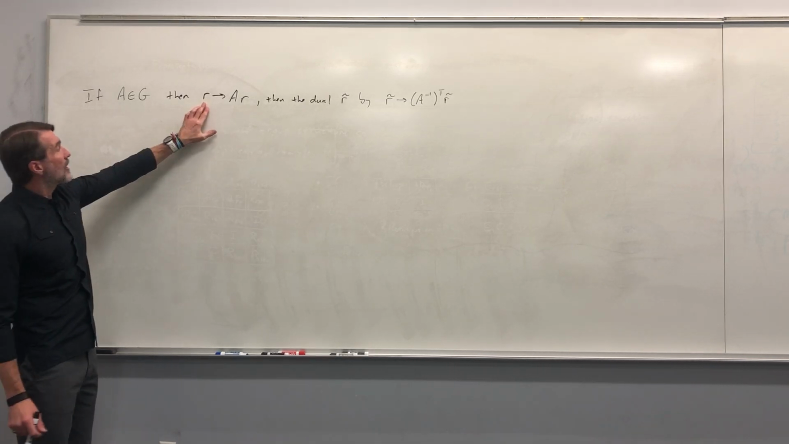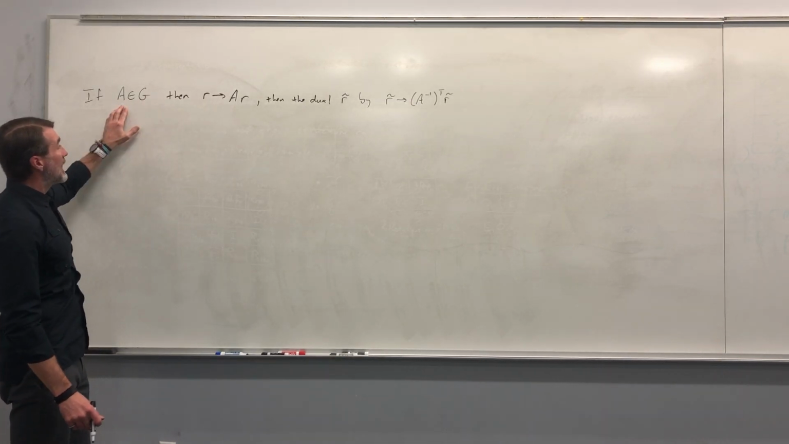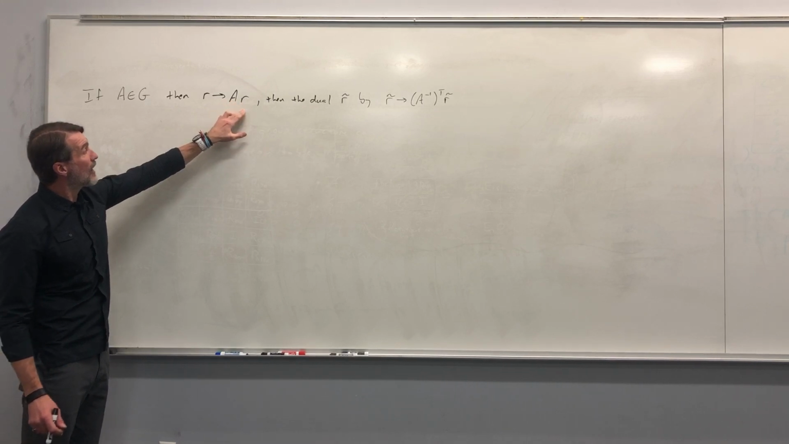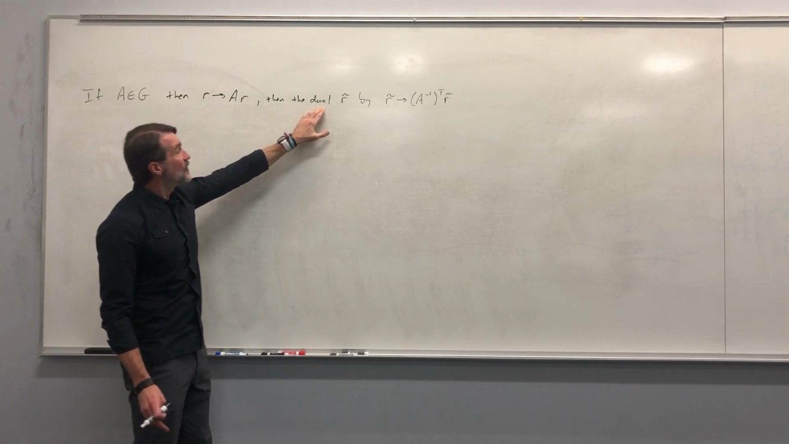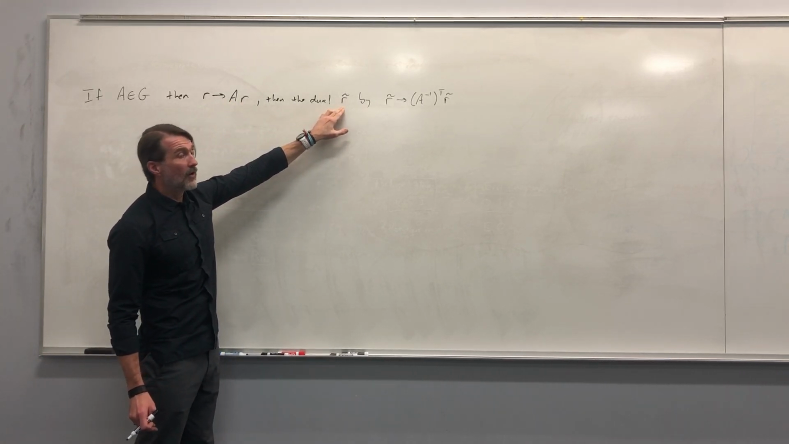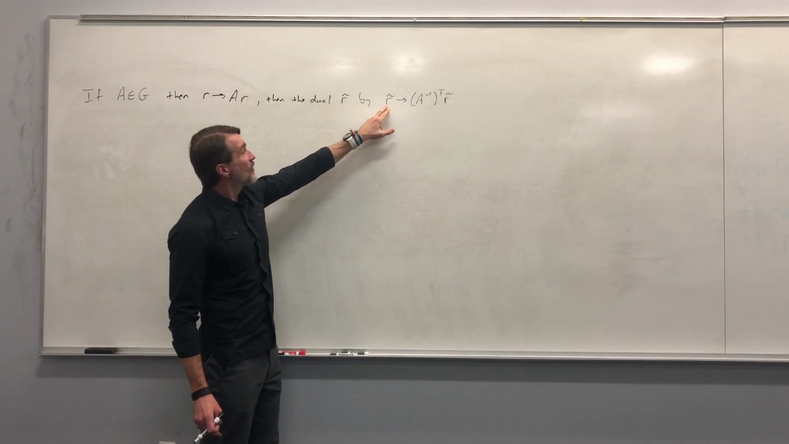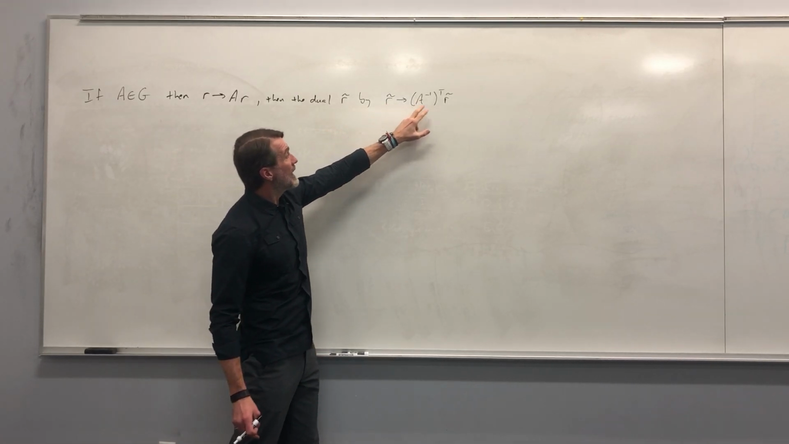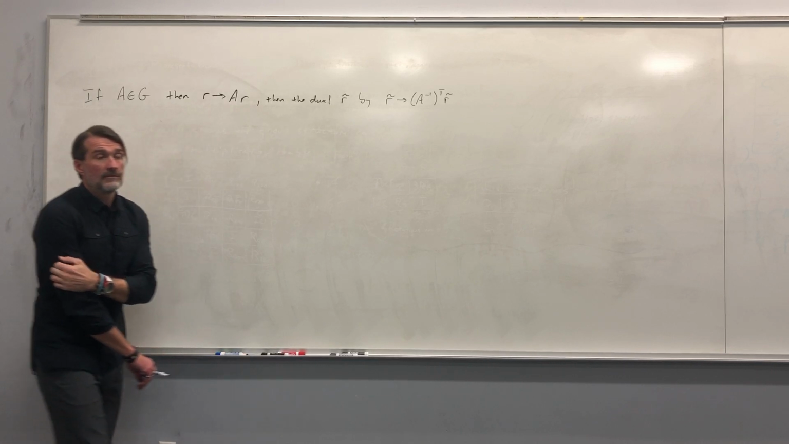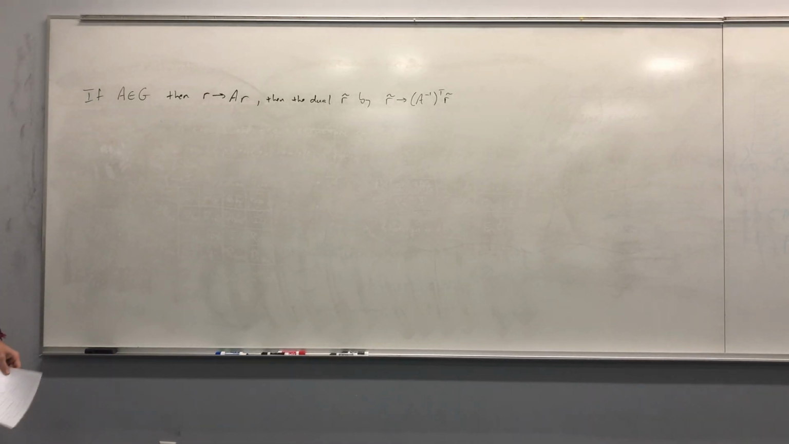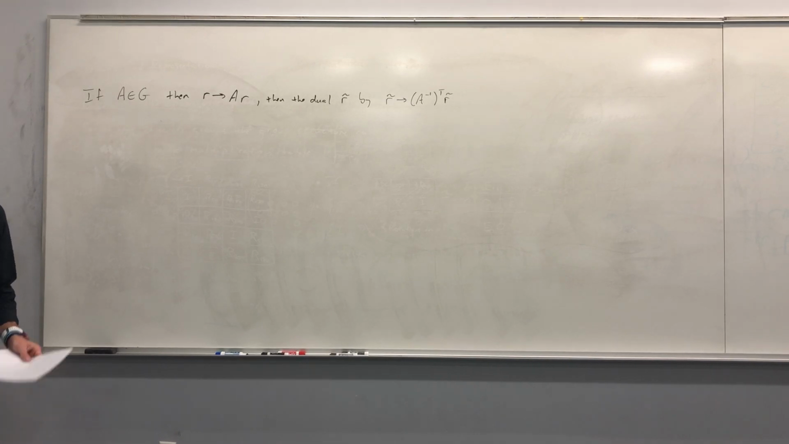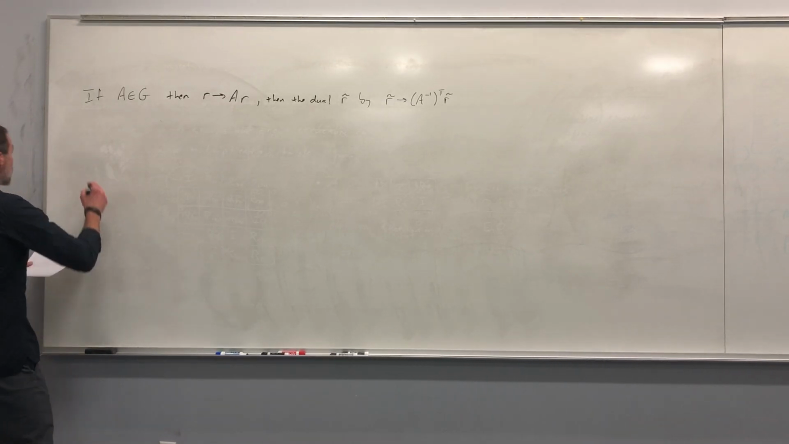So if R under the element A on G transforms as AR, then the dual to R, which I'm going to call R twiddle, should transform as R twiddle goes to A inverse transpose R twiddle. Okay? Now that might look like a real headache, but that's actually what works. Because